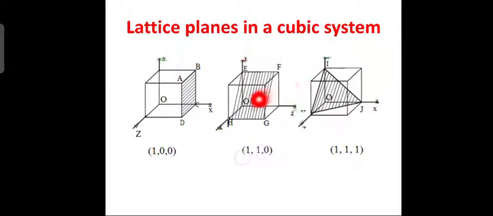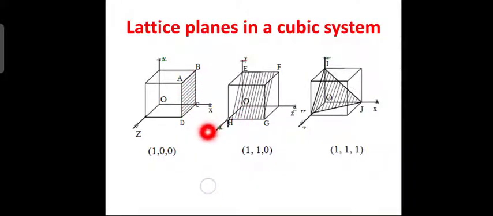Now lattice planes in a cubic crystal. There are three types of lattice planes in a cubic crystal. So you have a cube here, and this plane will intersect along the x axis. Such planes are represented as 1 0 0. That means along the x axis there is a plane at unit distance, whereas along the y axis there is no plane and along the z axis there is none. The intersection will be only along the x axis. So the intersected plane is represented here by parallel lines, okay.